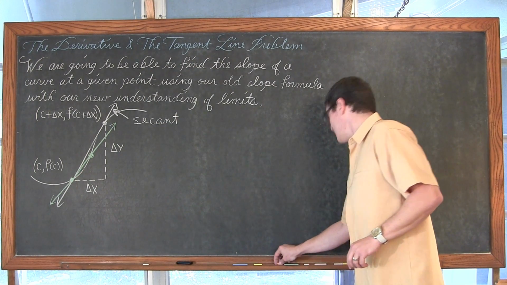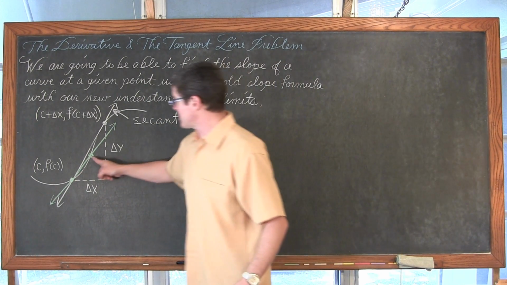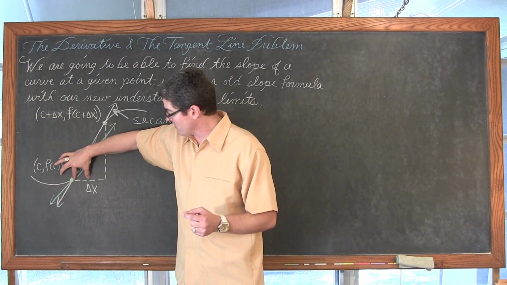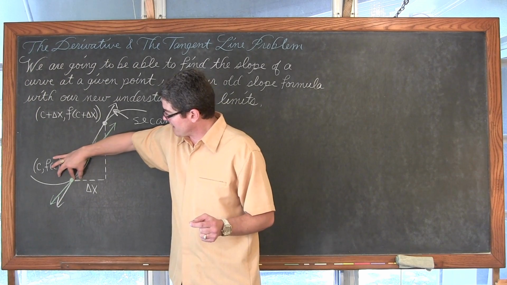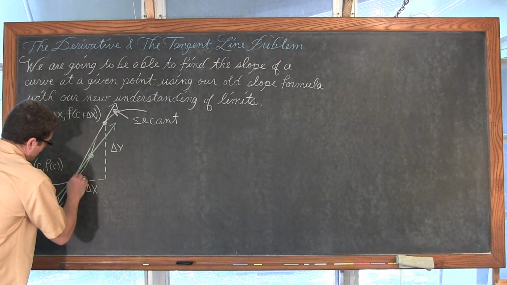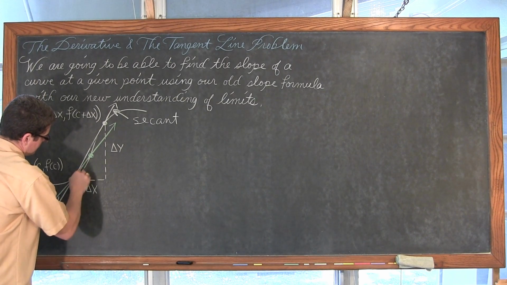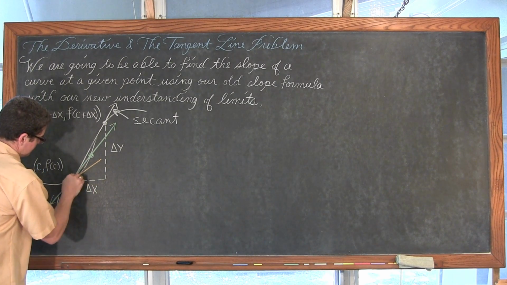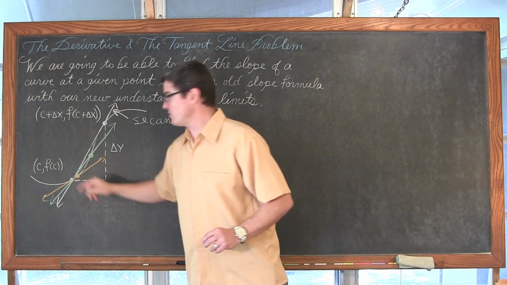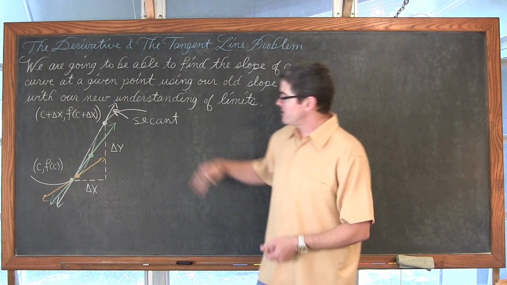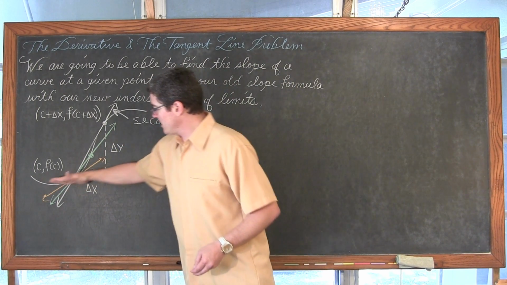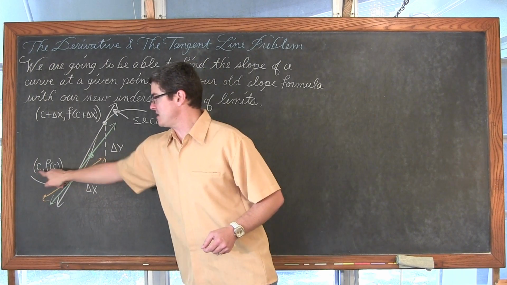So what we're going to do is move my point even closer and reduce that delta x. I didn't really show it there, but this is my delta x now compared to my original one. It's smaller. If I reduce that delta x to an even smaller amount and move the point even closer, well, now I have a secant line, because I'm still identifying 2 points, but now I have a secant line that has a slope that is much closer to what appears to be the slope of the curve at that point C, f of c.